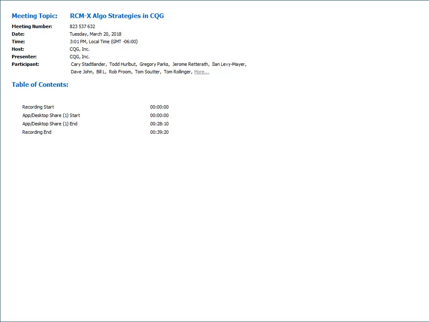And the aggression parameter on the IS gives you control over how fast versus VWAP. So if you do tend to like slower execution with less market impact, you can always use the IS algo and specify an aggression of 0 versus the default aggression, which would be 5, or the maximum tilt, which would be an aggression of 10, and you can choose along that spectrum from 0 to 10.